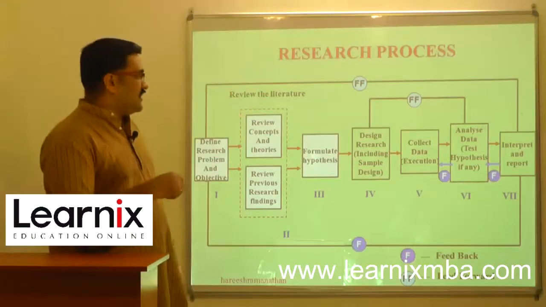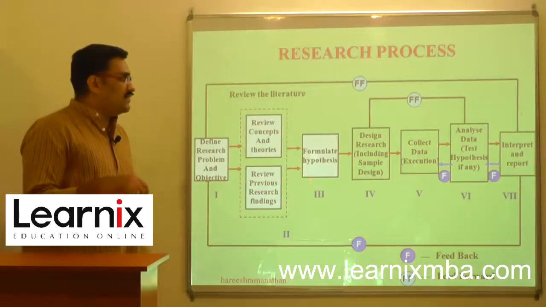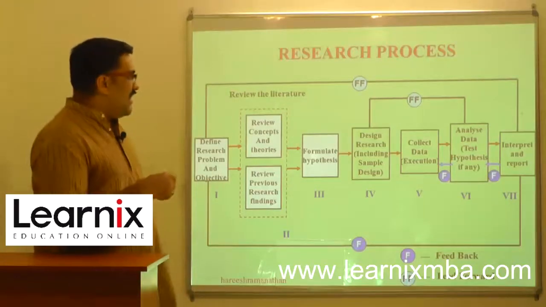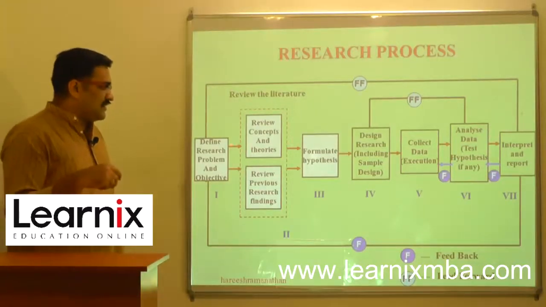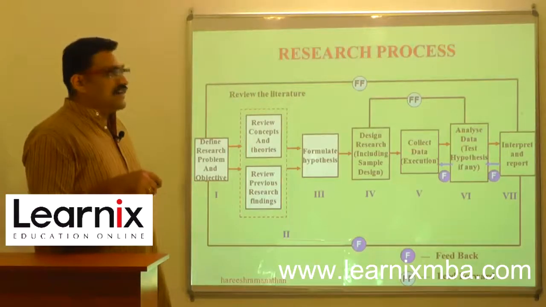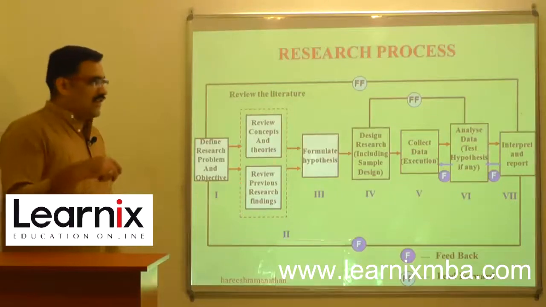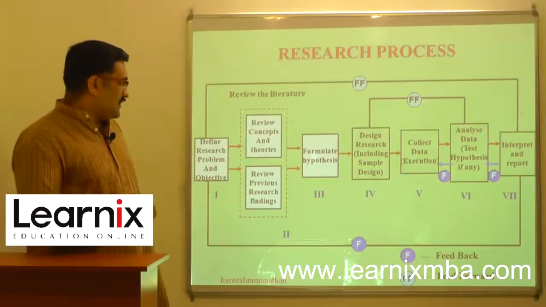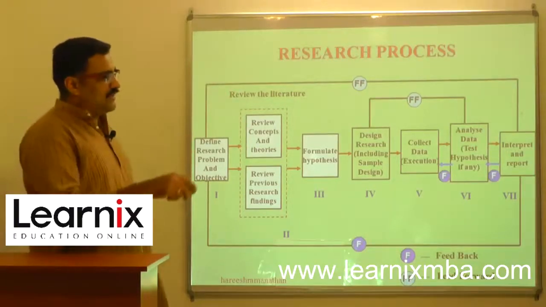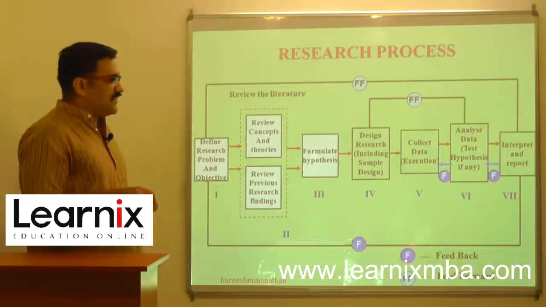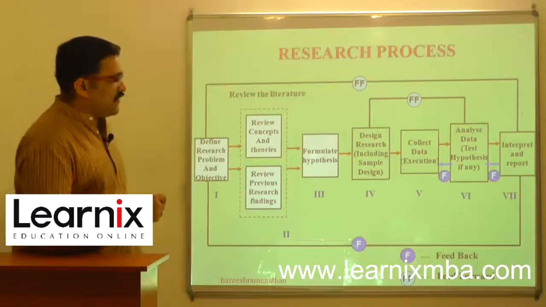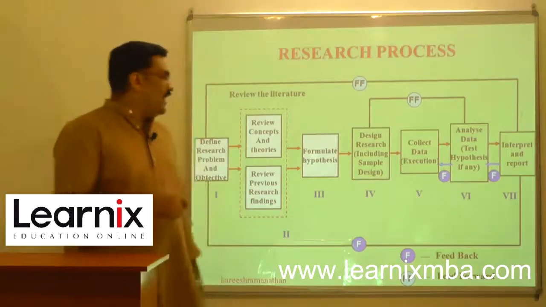Each and every stage you are seeing on the slide depicts the importance of that stage. In the flow diagram, you can see certain arrow marks, two-sided arrow marks and single-sided arrow marks, which explain the flow. Each process is distinguished as phase 1, 2, 3, 4, 5, 6, 7, so many steps that I have included, and certain feedback and feed-forward stages are also here. We are going to explain each and every stage in detail.